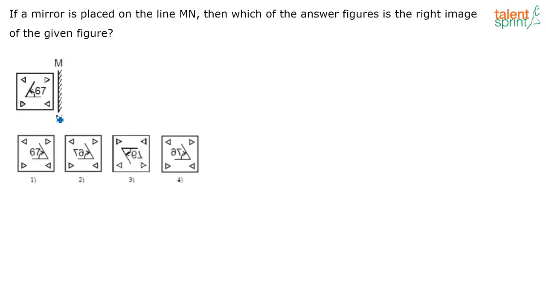So here you are placing the mirror on the right. So the left and the right of the image is going to change. The easiest way to solve this question is to look at the 67. How can you see the 67 in the mirror? Basically that's going to interchange, correct? So you will actually see it something like this. Now if you look at the options, there is only one option which has 67 coming like this, that is option 2. Directly you can say option 2 is going to be your answer.